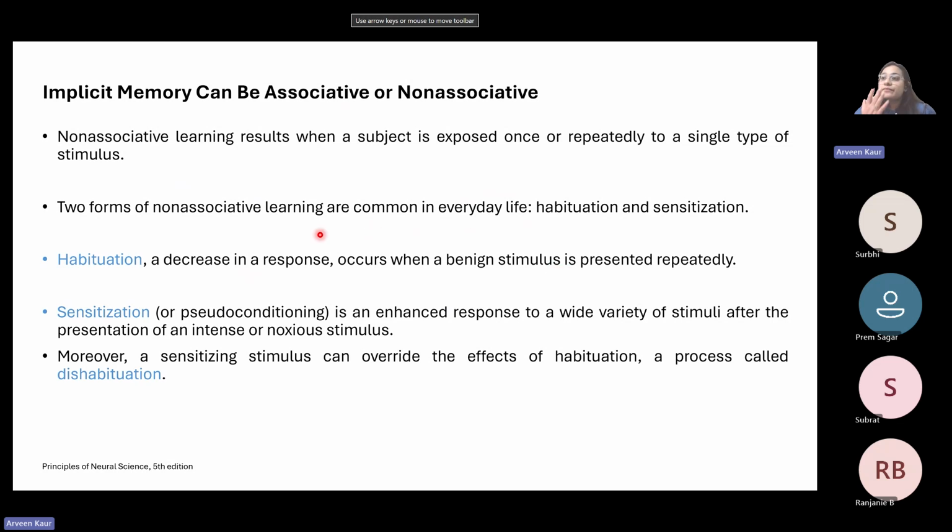So, for instance, if I hear a loud bursting, blast-like sound, right? I will be very alarmed. I'll be a little shocked. I'll have some kind of a reaction to it, right? I might go out and check what just happened. Was it a cracker, or was it some electrical circuit explosion that happened, or was it something else altogether, right? So I might be a little taken aback. I might be shocked.